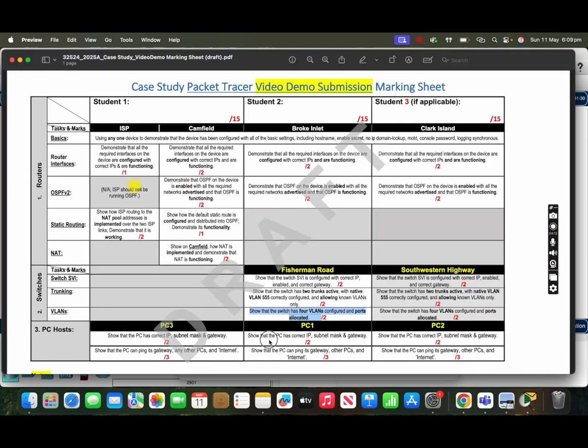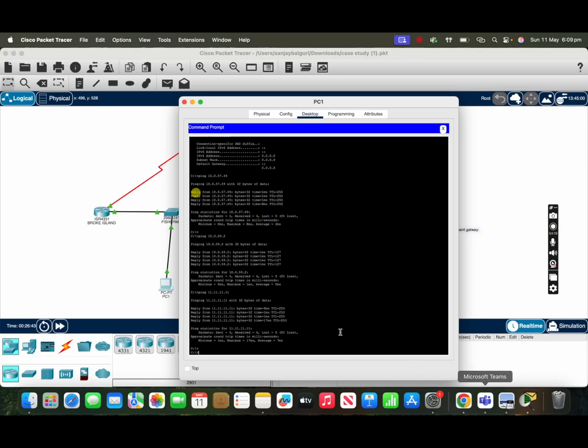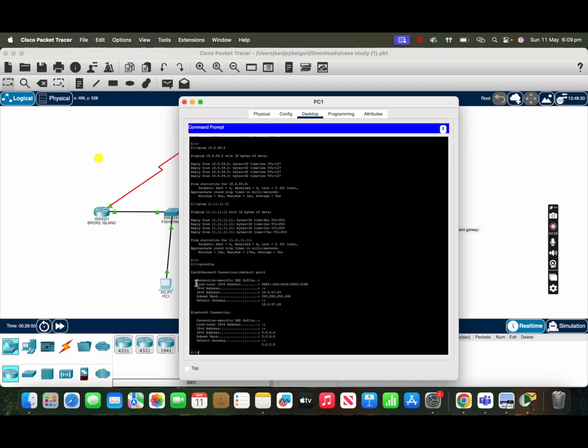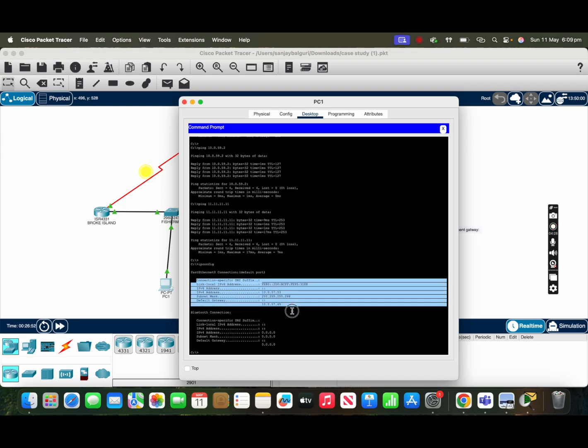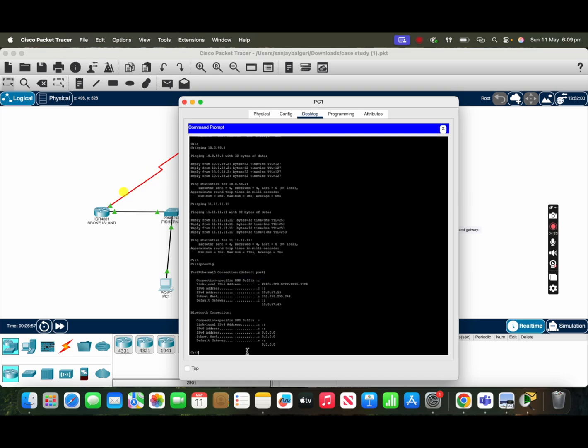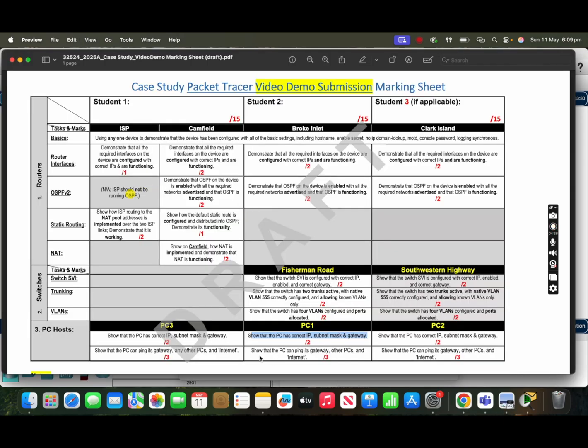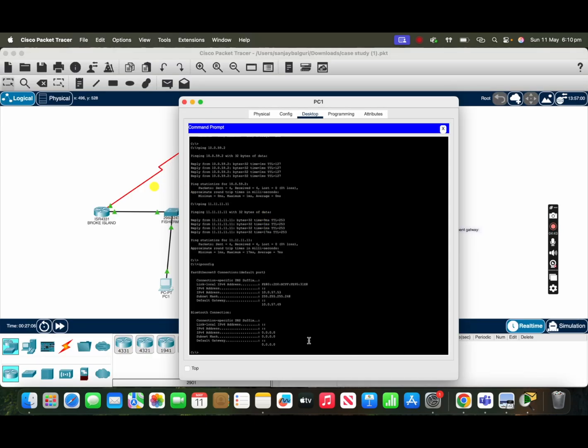The first question in PC1 is to show that the PC has the correct IP, subnet mask, and gateway. For that, you give the command ipconfig. Here you can see the IP address, subnet mask, and the default gateway of the PC. The next question is to show that the PC can ping its gateway, other PCs, and also the internet. Let's first ping the gateway. That is ping